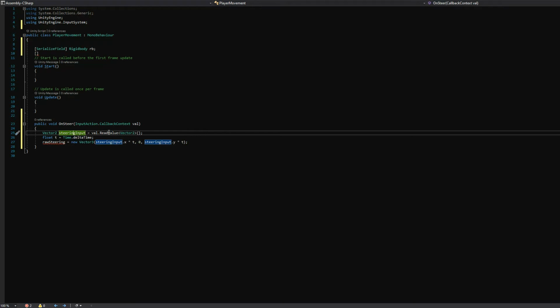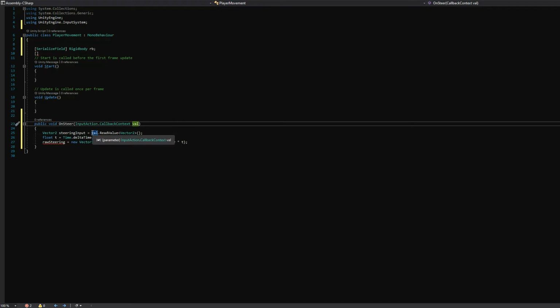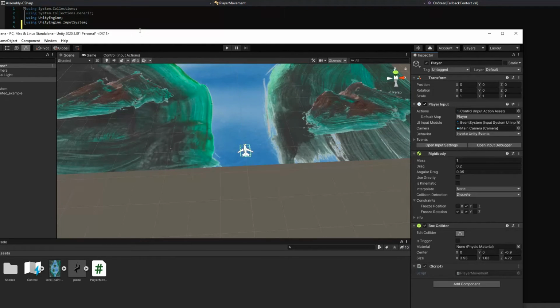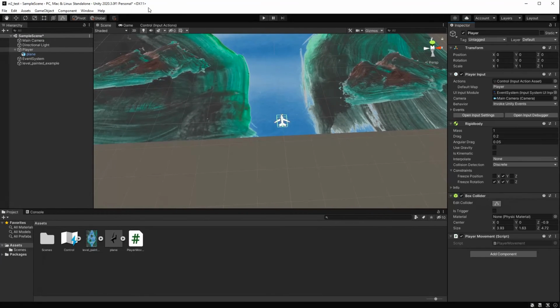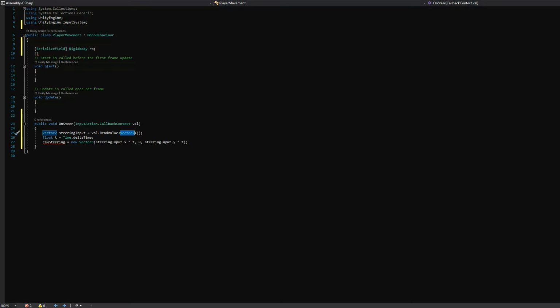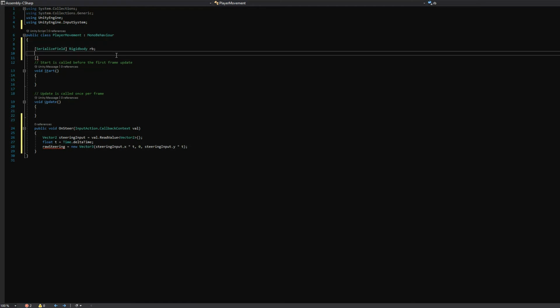Steering input, okay, I'm catching this context here, reading the value, that's how it's done, reading vector 2, because that's how I set it up in Unity. Here, player, this fellow here is a vector 2. I'm catching time because I'll be using it a few times, and draw steering should be a variable available here